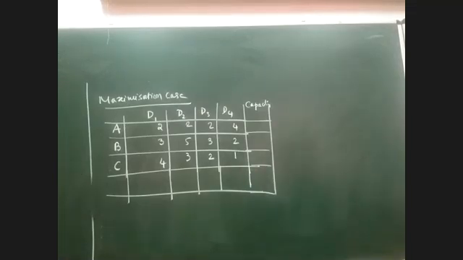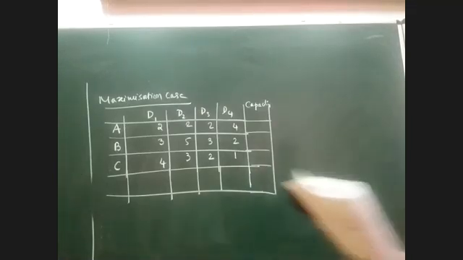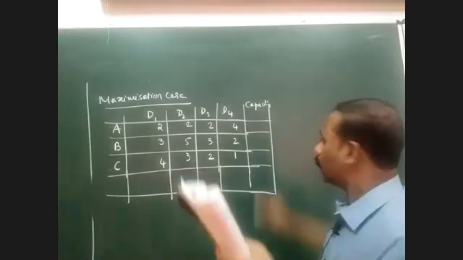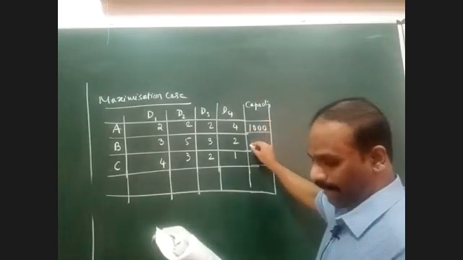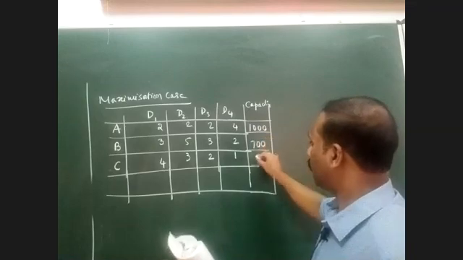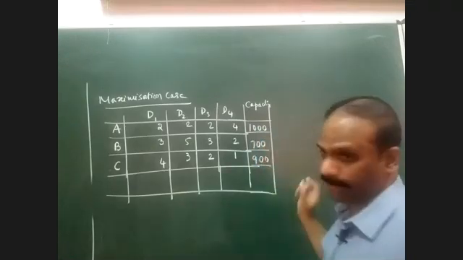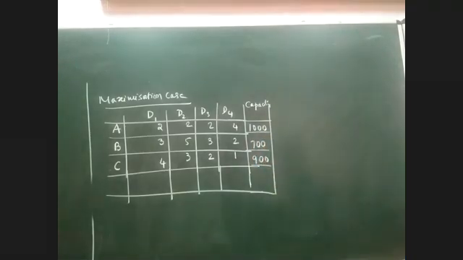So the capacity is given now. The capacities of the 3 factories are 1,000 for A, 700 for B, and 900 for C. Have you all understood how I could write the values for A, B, C now, everybody? Did you all understand this step? Yes, sir. Okay. So the capacities are given for 3 plants, which are A, B, C. I have written the capacity.